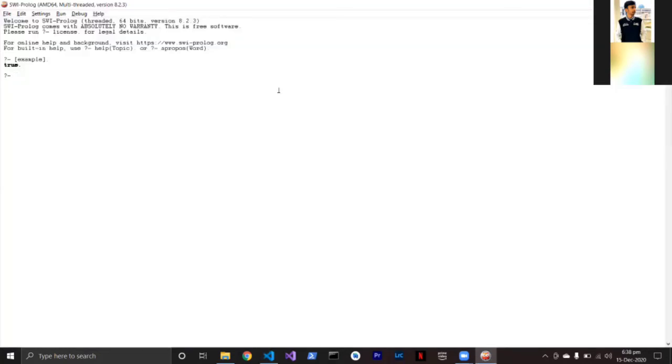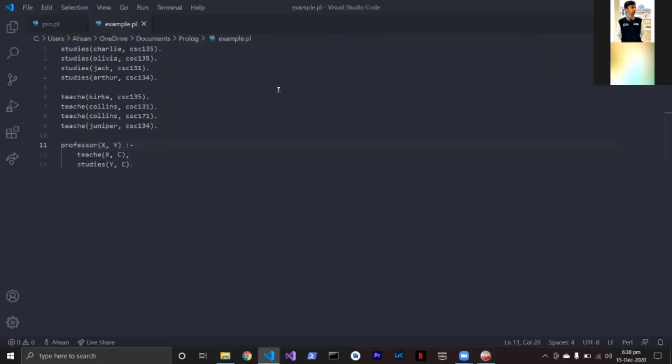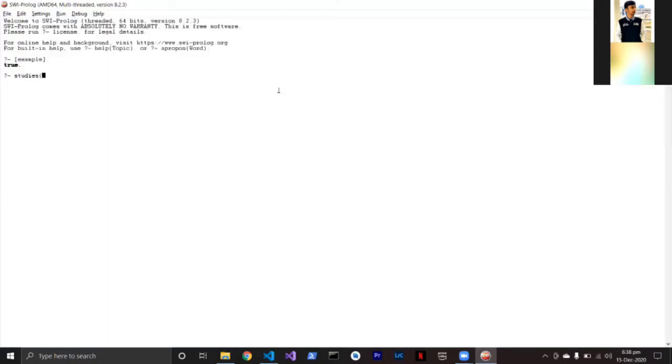Now we can check our Prolog example file by just writing studies, and we will see what Jack studies. So we will type Jack, comma A, dot, and we get A equals CSC 131. This shows that Jack studies CSC 131.